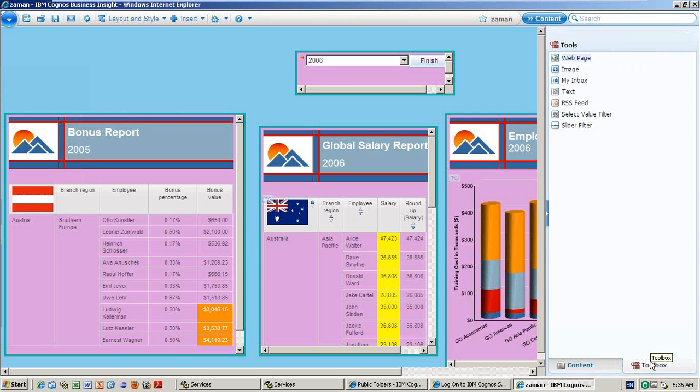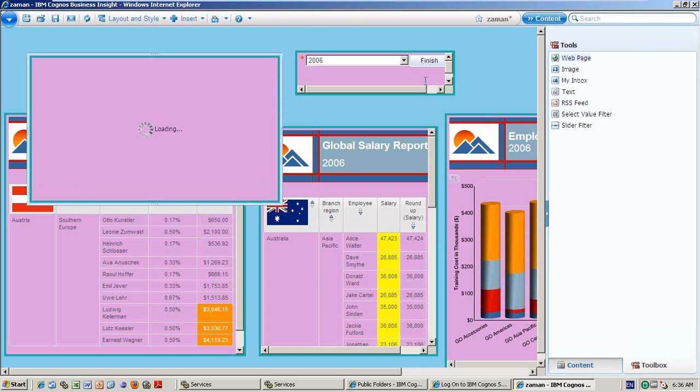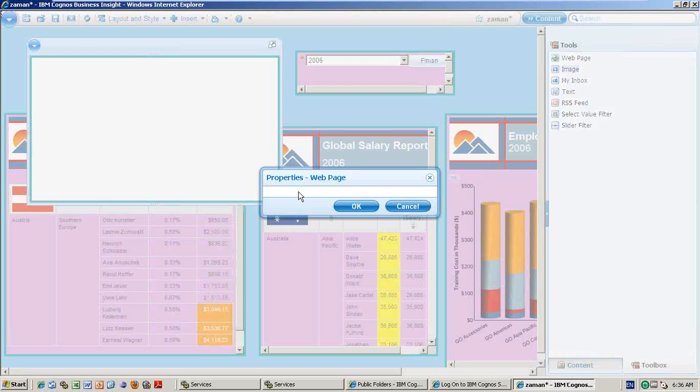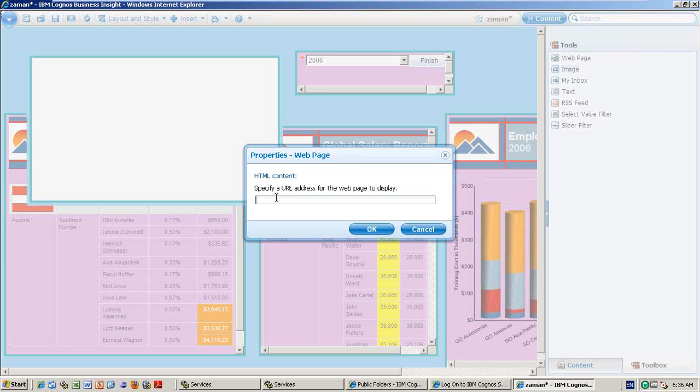So in the report studio, right, web page or URL you are dragging. That means if you want to show any URL, you can do that. Same thing here also, web page, right click here and insert. If you want to insert any particular URL and you want to show it to the users, maybe their company website or something like that. So you can write here rvhtech.com.